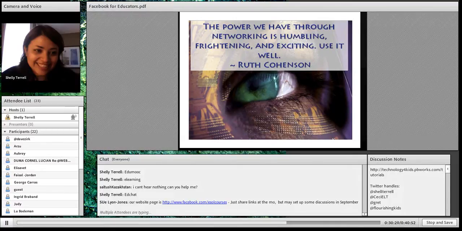Now, there are other things you can do in Facebook, too, with students. You can have them play games. You have to watch out because the information that goes in these games and other applications, like quiz applications or Farmville or Mafia or even Scrabble, they get access to your personal information. So when you're using these kinds of tools with students, that's something to remember, and you probably want to tell parents about it and ask parents if it's okay, because these are things that Facebook does.